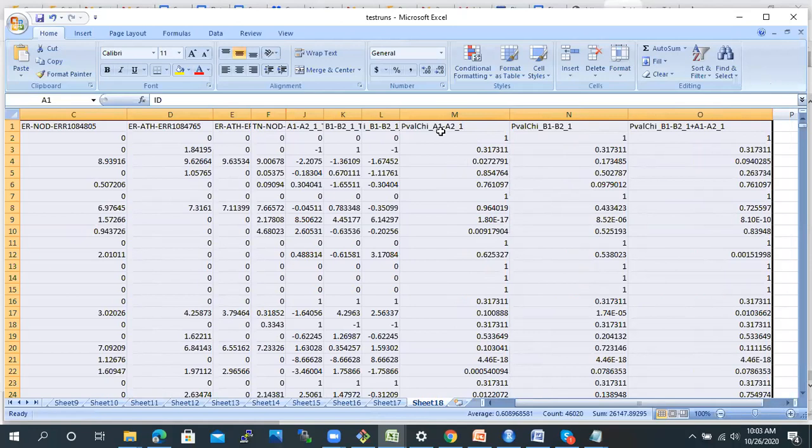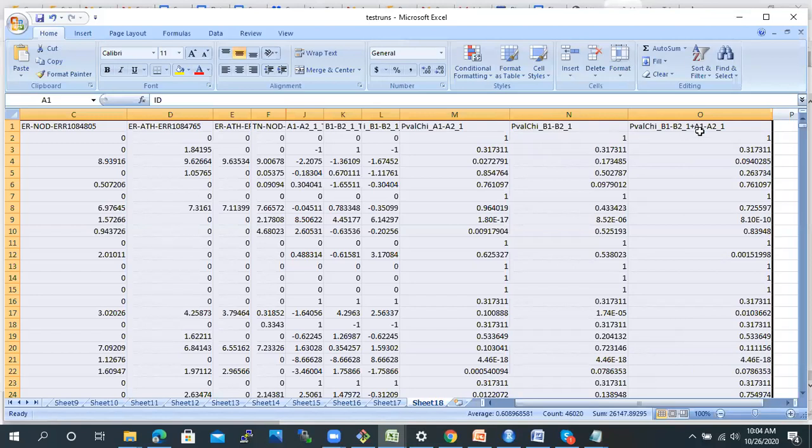A1 was our ER positive with the NOD, and A2 is ER positive with the athymic. Similarly for B1 and B2, we have triple negative with the NOD and triple negative with the athymic.